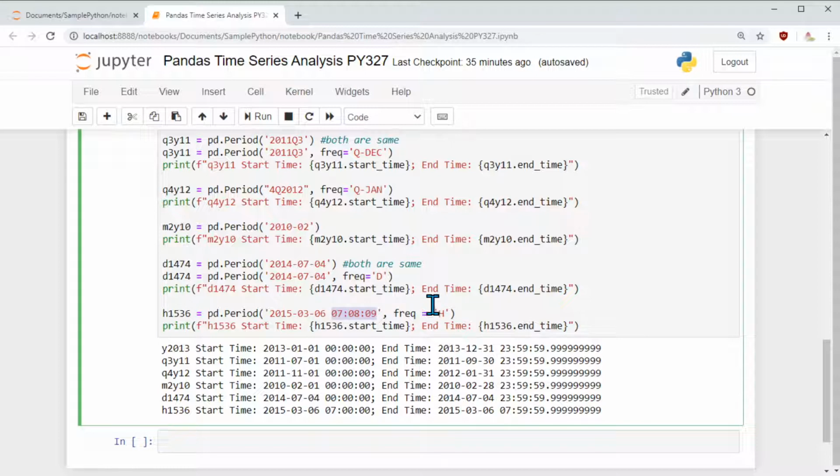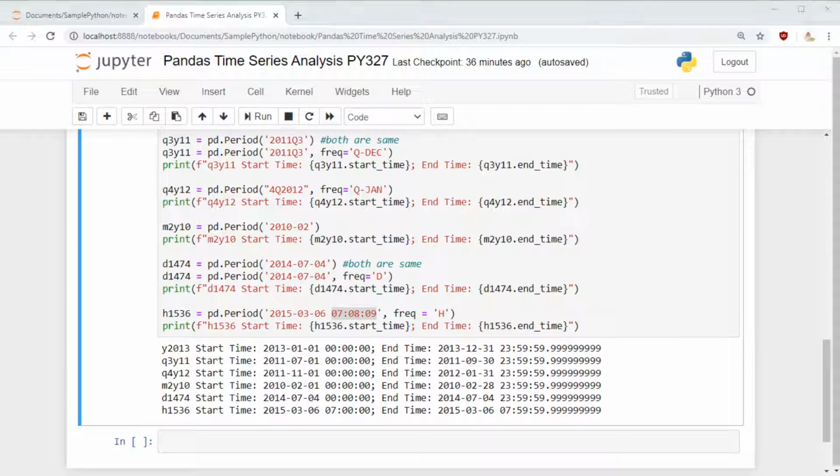So the system is smart. Even if I give something in between, it takes the round time. It picks a time at 7:00 and goes till 7:59. So the system picks the time which is in that range.